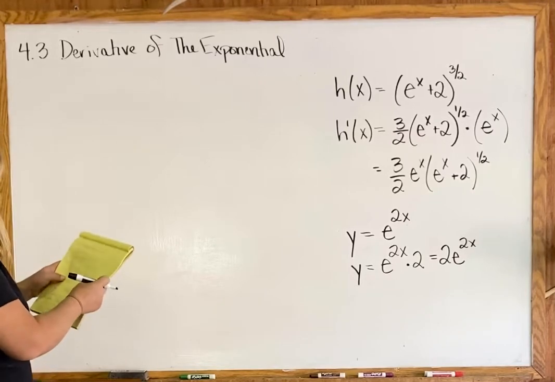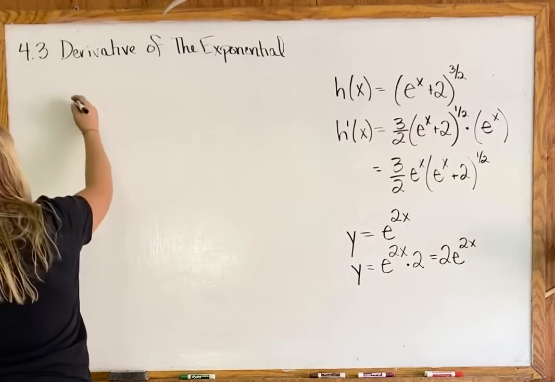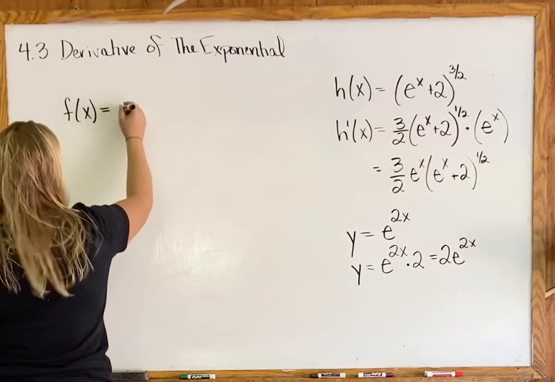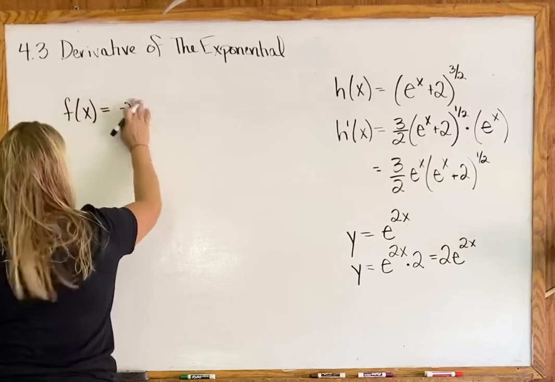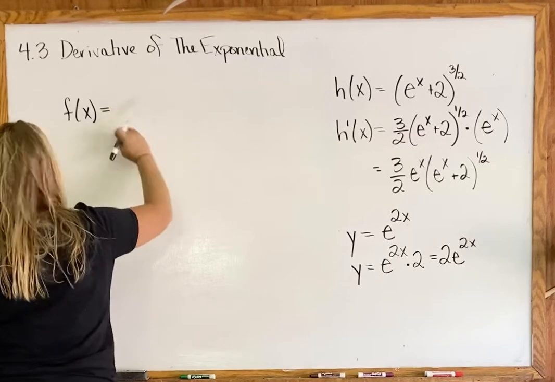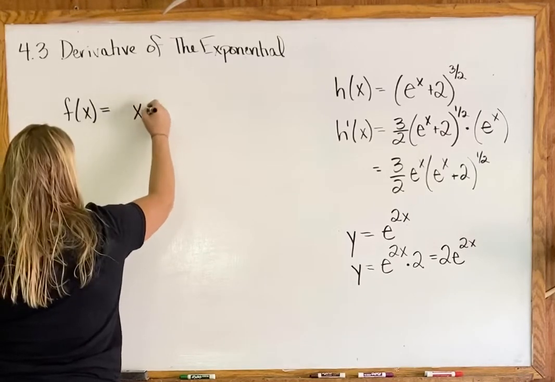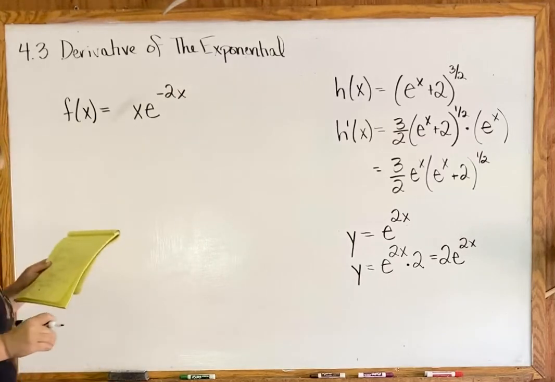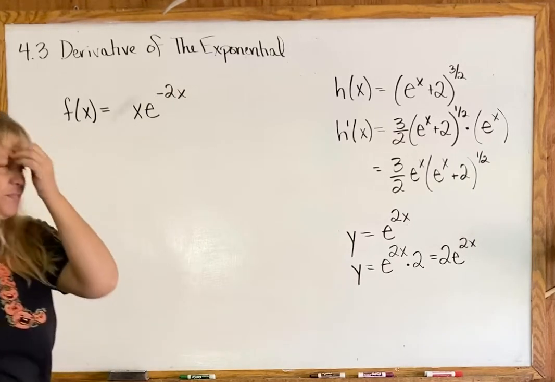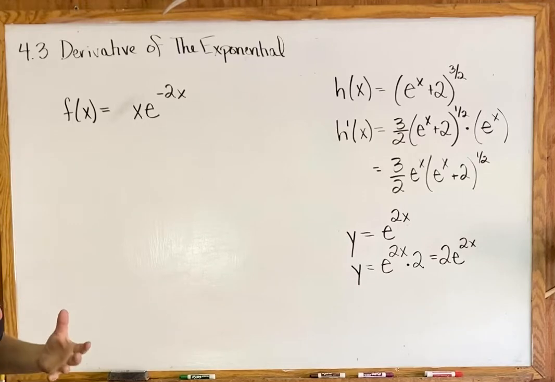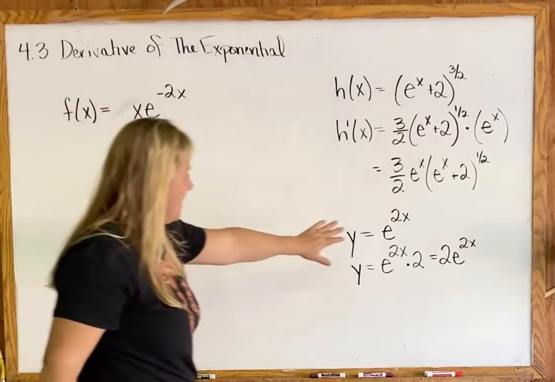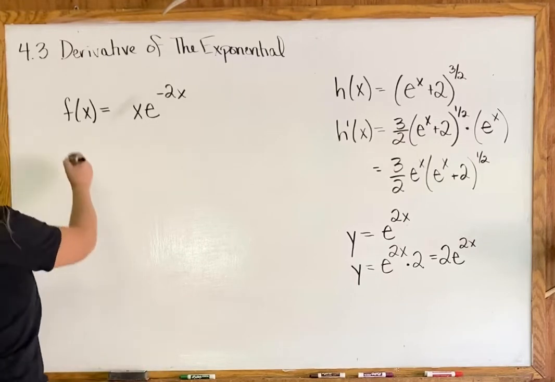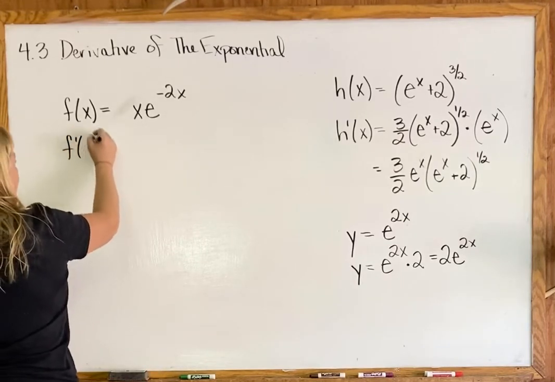Okay, so we're working on these chain rule type guys. So let's see what the next one is that I've got here. So here we have f of x equals x e to the negative 2x. Okay, so they are combining this time what we've seen over here, but then also with the product rule. Okay, so if we want the derivative here,